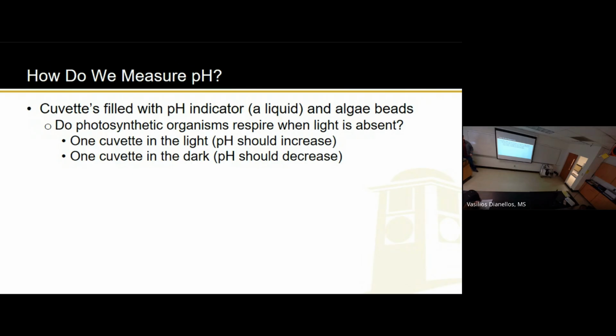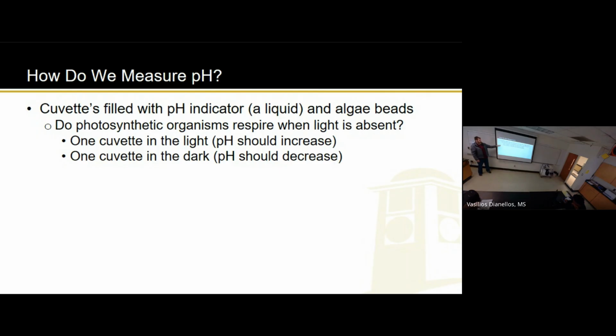Otherwise, they wouldn't survive, right? But something to keep in mind too, because I'm not an algae expert, they're going to be doing this for 45 minutes. And what do we need for respiration? Glucose. Where do we get glucose? Photosynthesis. So there might be some point, and I don't know if it's going to be within these 45 minutes, but logically, these are things you need to think about when you're doing these experiments. Eventually, you're going to run out of fuel, which is glucose and oxygen, right? So without that light, eventually those algae are going to use up all the glucose and all the oxygen that they produced. So your hypothesis is a great one.